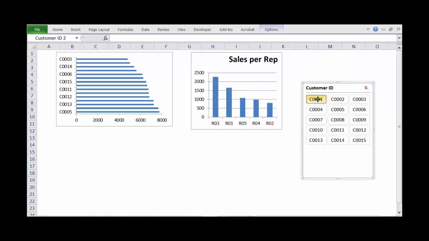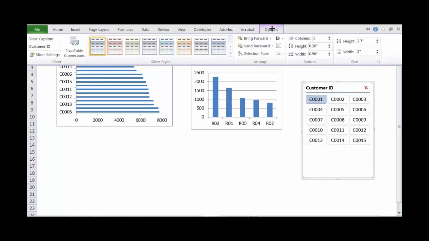Now if I select C1, C04, what you are seeing is that there is a change only in sales per rep. See here, this is only changing and there is no change over here, right? But in the earlier dashboard which I had created, all the values were changing. So what is lacking?